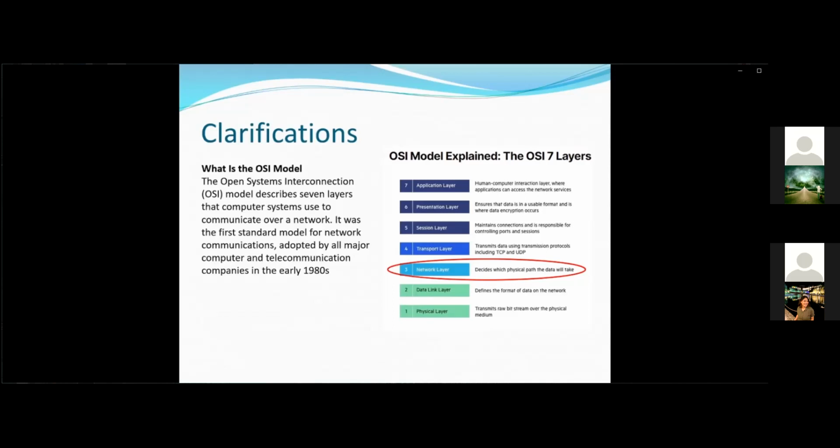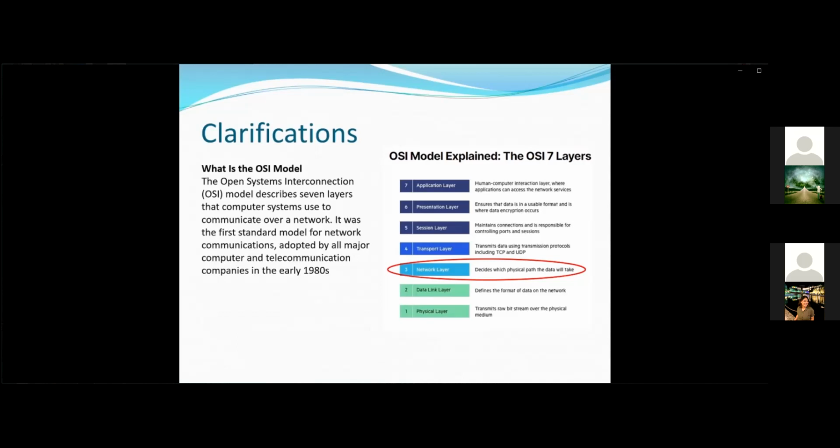That computer systems use to communicate over a network. It was the first standard model for network communications adopted by all major computers and telecommunication companies in the early 1980s. Okay. So pag sinabi natin OSI layer 1, that is the physical layer, transmit raw bit stream over physical